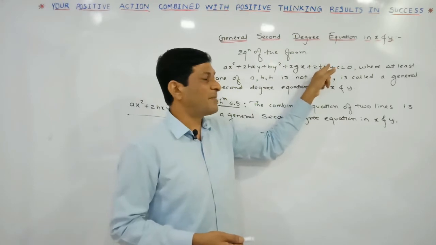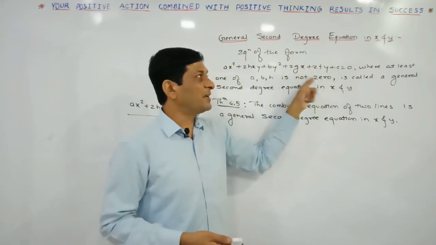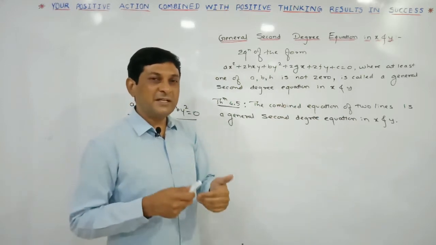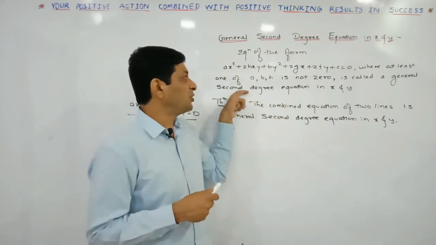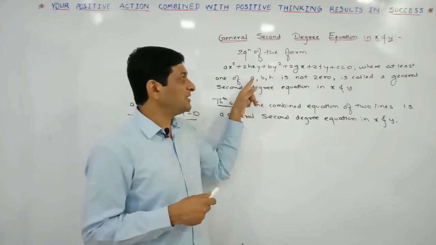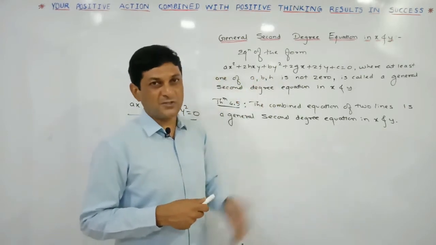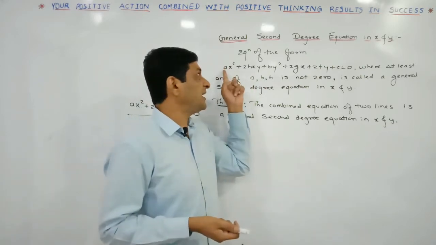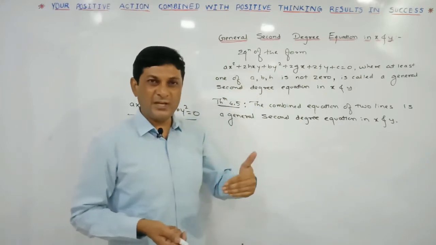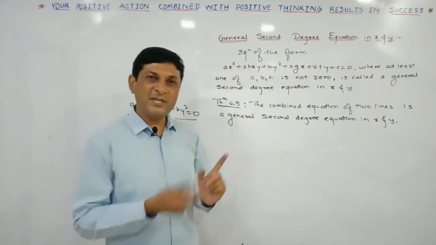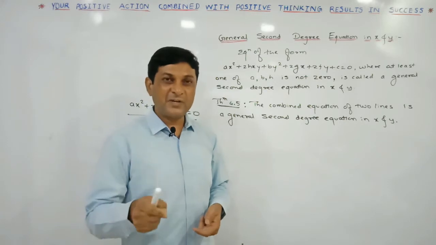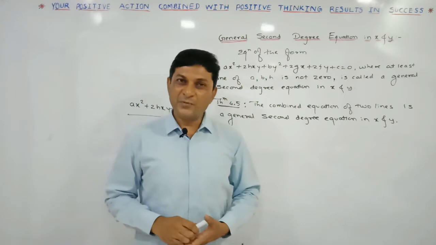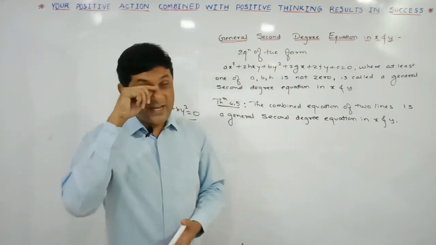यहाँ पे भी variable का power 1 है. बोले तो equation क्या बनेगा? It is an equation of degree 1. So for the equation to remain of degree 2, at least one of a, b and h should be non-zero. तीनों भी नॉन जीरो हो सकते हैं, लेकिन कम से कम एक तो भी coefficient a, h और b में से नॉन जीरो होना जरूरी है, तभी ये equation क्या रहेगा? It will remain the equation of degree second. So hope the idea about general equation of second degree in x and y is clear to you.